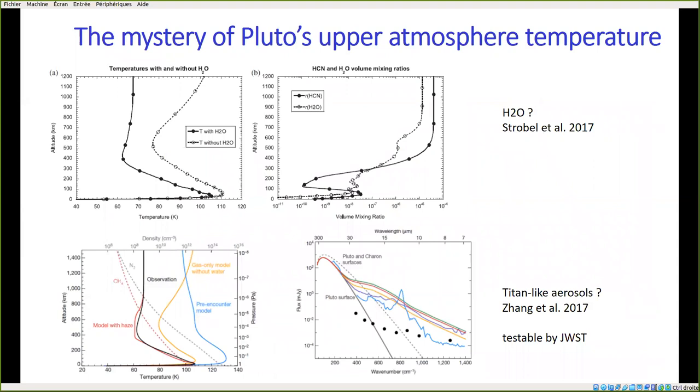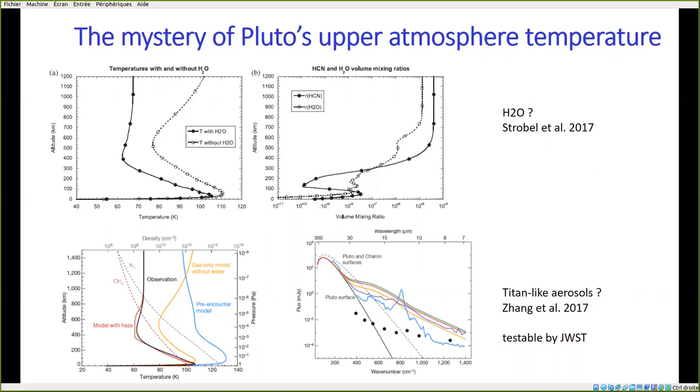So this implies that there is a cooling agent in Pluto's atmosphere, but so far it has not been identified, and the mystery is going on, as the identified species in Pluto's atmosphere do not appear to be sufficiently efficient coolers. So people have tried to find alternative explanations. One explanation has been that there is cooling by water vapor, but for this to be the solution, water must be extraordinarily abundant in the upper atmosphere. So this solution seems, in fact, a little far-fetched.